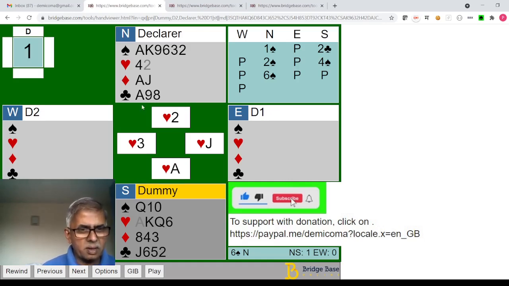So you have an excellent option of making your extra trick in the club suit. One chance is club king queen are doubleton. So you play club ace, king drops, you play small from both hands, queen comes down, and your jack of clubs makes that 12th trick. The other option, East has queen 10 or king 10 rather than king queen doubleton. East could have queen 10 or king 10. So there are twice that many possibilities.